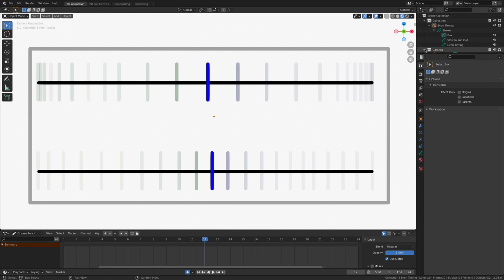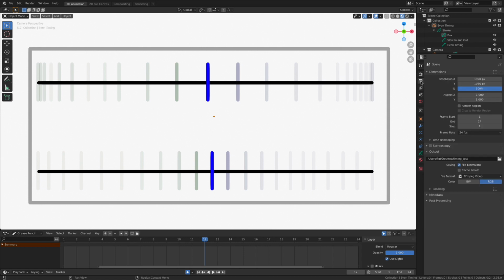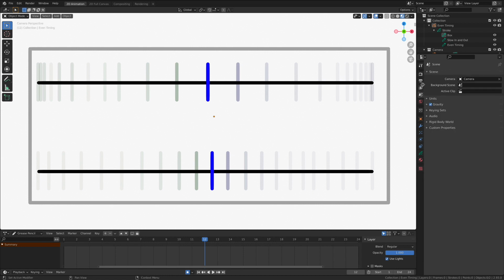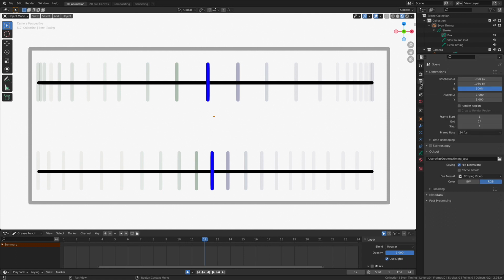Now, it all begins over here inside of our properties bar. Of course, we have a lot of tabs here, and the one that I want you to look for is this one. It looks like a little printer with a photograph coming out the front. This is going to change all of our scene properties, and specifically the output directory, where it's going to save our render. And this is important, right?